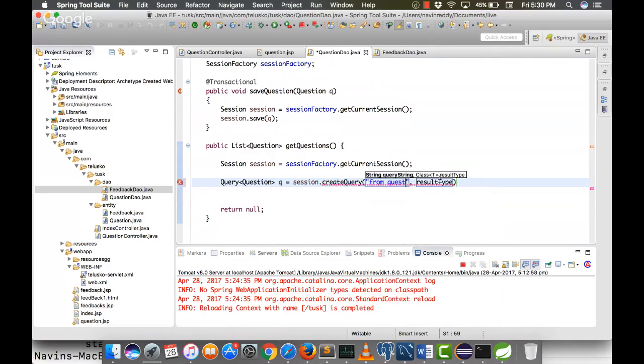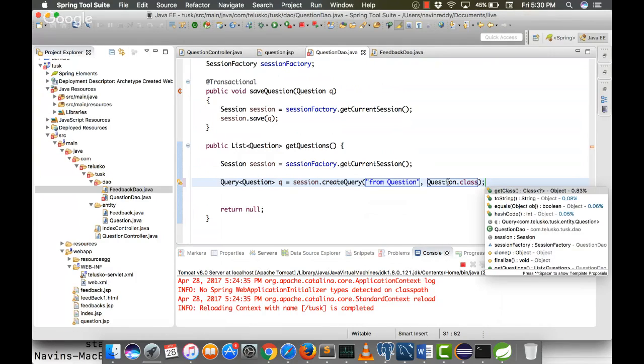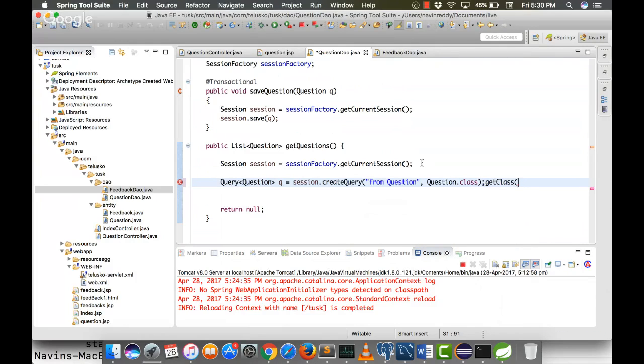So from Questions, okay, Q should be capital because we are using Hibernate. And then here we have to mention the class name as well so that it will understand what type of query you're firing. So I will say Question.class. We don't need a typecast then, right? Okay, so once you've got the query here,